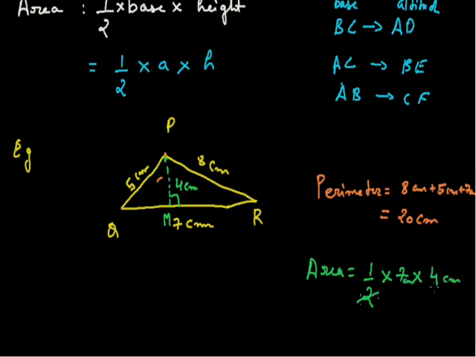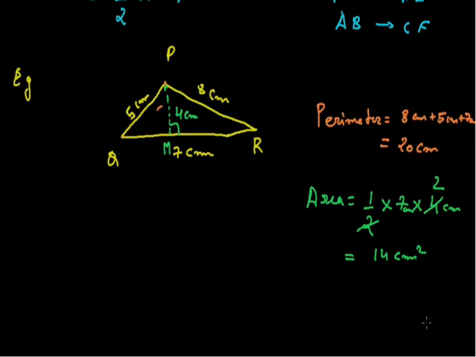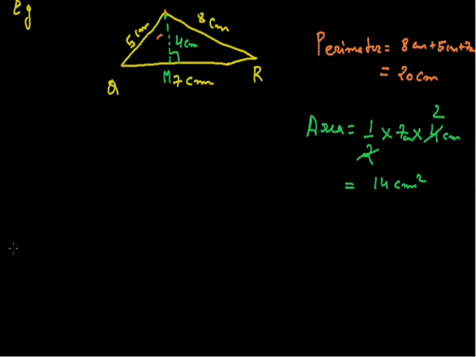So its area will be, if we cancel this 4 by 2, equal to 14 centimeter square, or 14 square centimeter. So in this way we can calculate the area. Now in case of a right angle triangle,